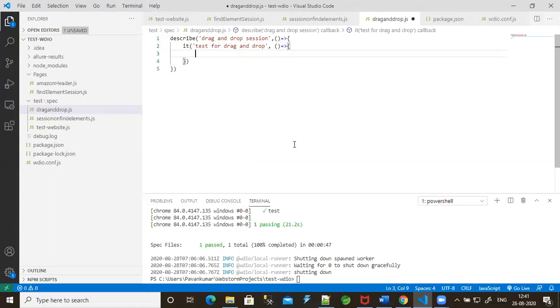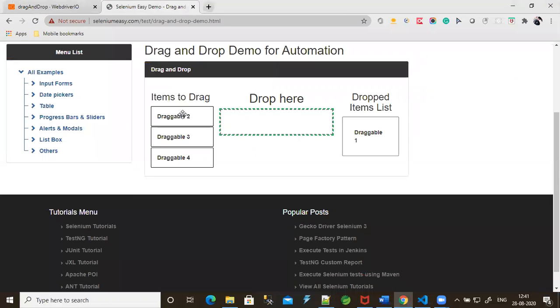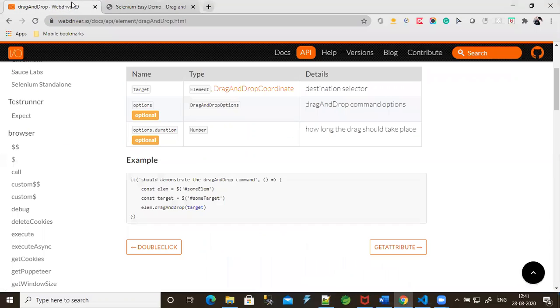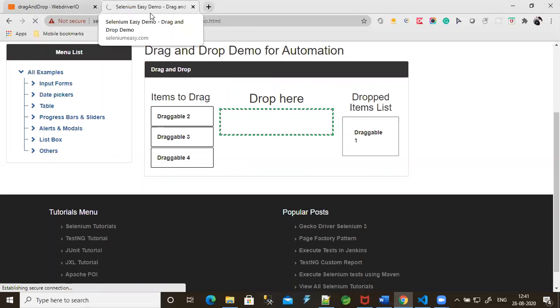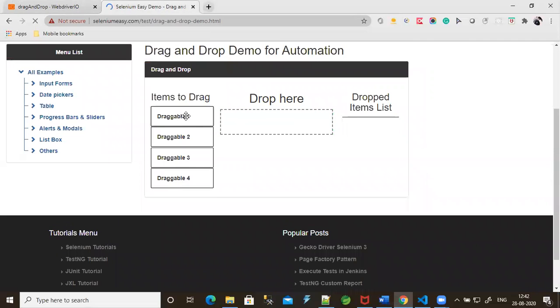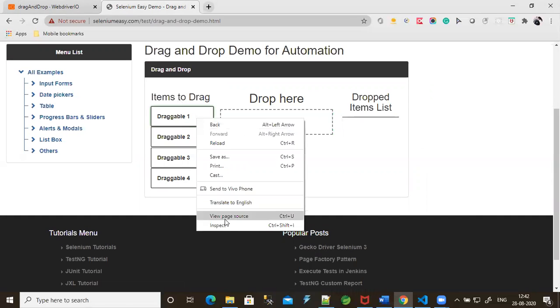Inside this, I'm going to create two variables. One is for source, that means which we need to pick up to drag. I'm going to pick up this one. Let me refresh. I'm going to use only one block, that is the draggable one. So I'm going to inspect this.